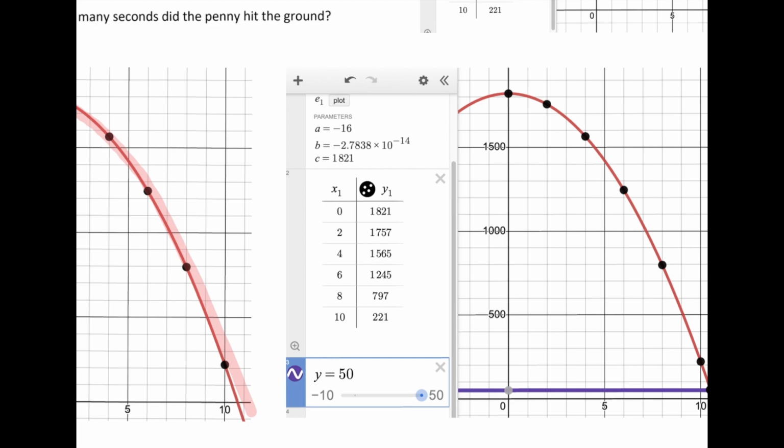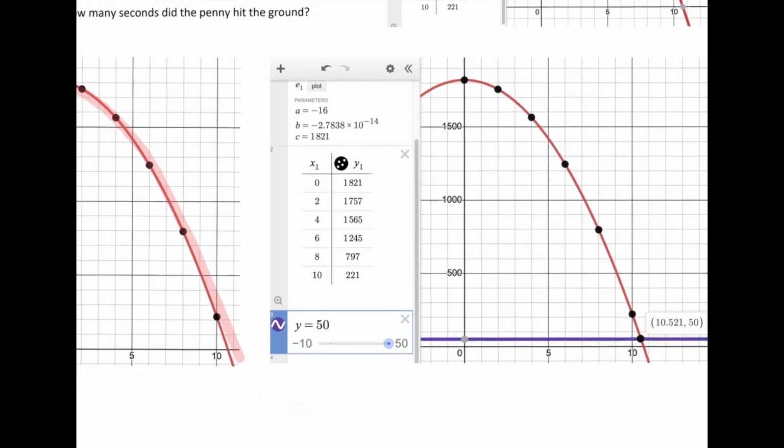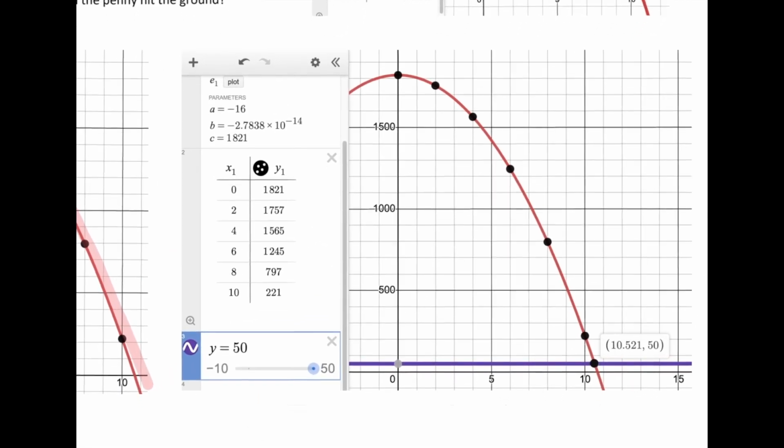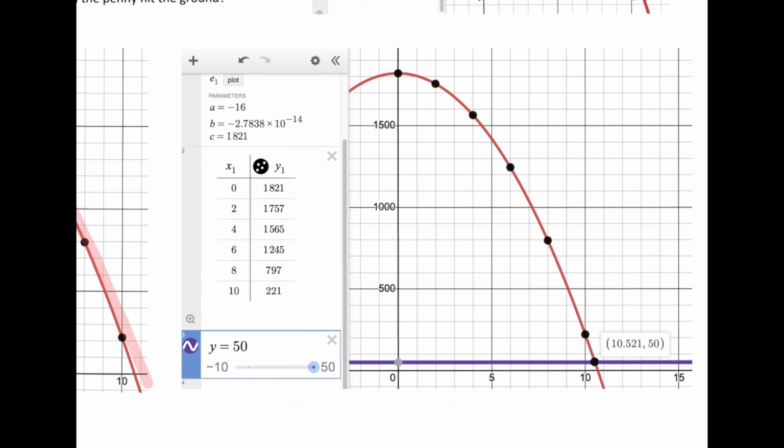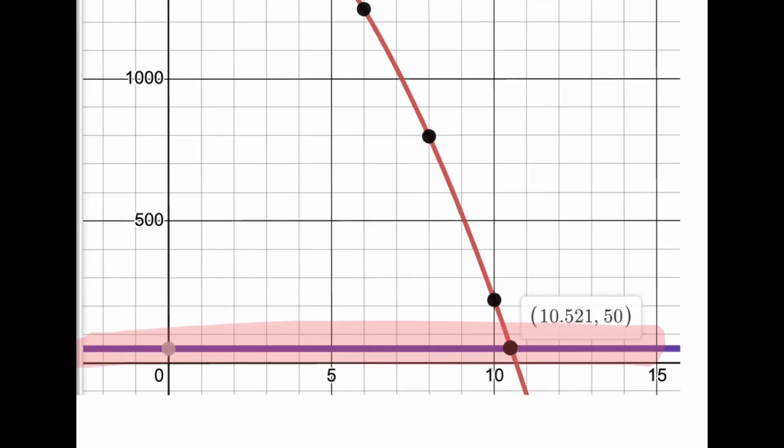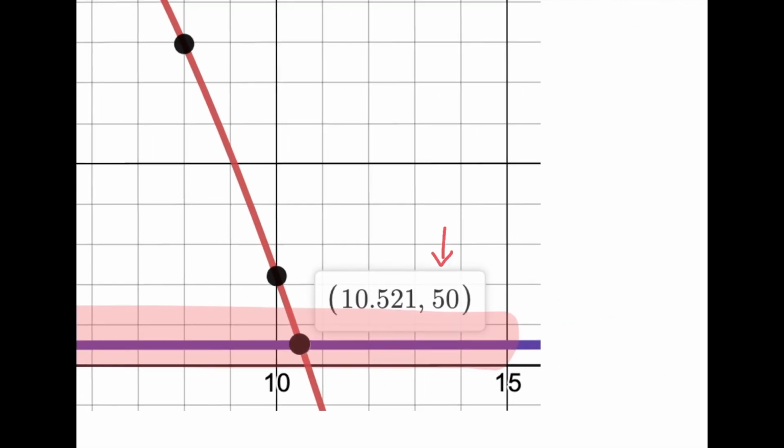And again, my software is being wonky. Here we go. So I typed y equals 50 in the next line. That gave me a horizontal line on my graph. And that means here that y equals 50. My answer, though, is the x value,